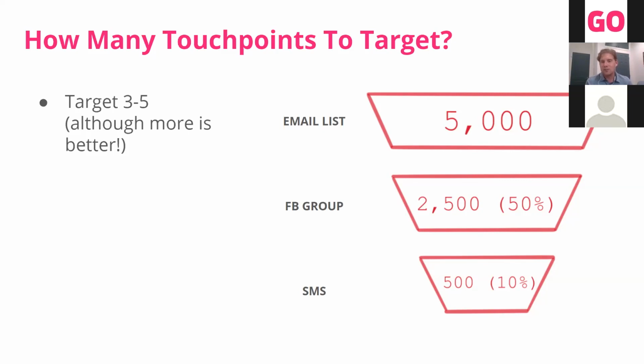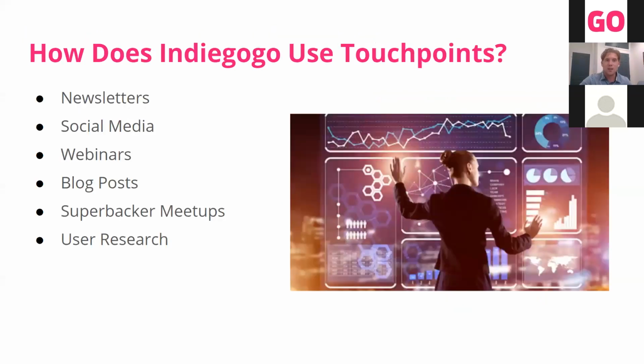But we recommend 3 to 5 because when you're doing more than 5, we feel and we've seen in our experience, you're going to start frustrating the user. They're going to start thinking, well, why do you keep asking me for all these different touch points? 3, 4, 5, you can get away with. You can integrate them seamlessly. But when you start trying to ask for many, many more, you can start becoming a little bit annoying, and it might have the opposite effect than what you want.